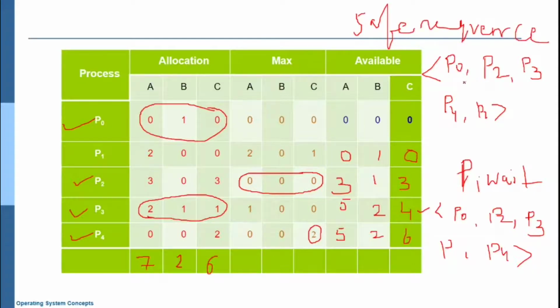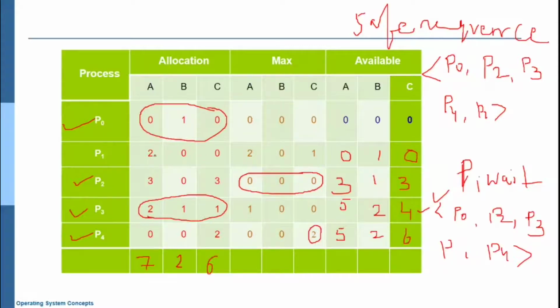It's not that you want to get only one safe sequence, you can have multiple safe sequences. Don't consider this is correct and this is wrong. You can get more than one safe sequence. And it is not that what person A got, the same thing should be got by person B. It's not like that. So don't ever compare your safe sequence with your friends'. Once you satisfy all your conditions, then that is the safe sequence.